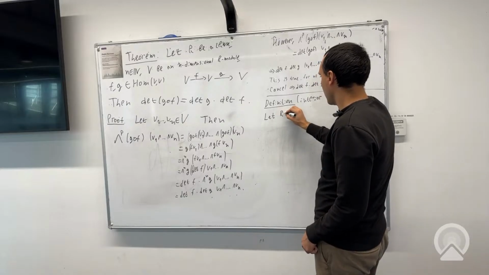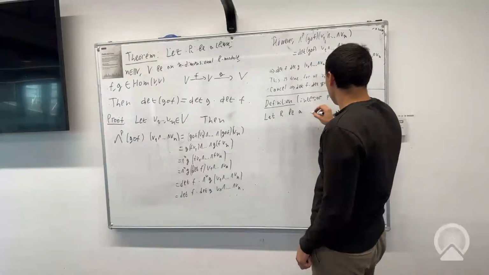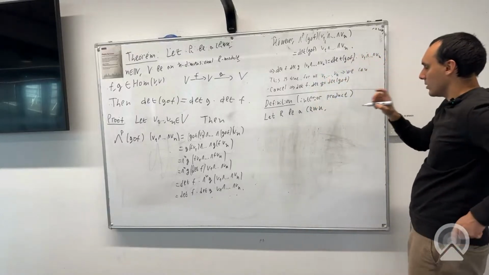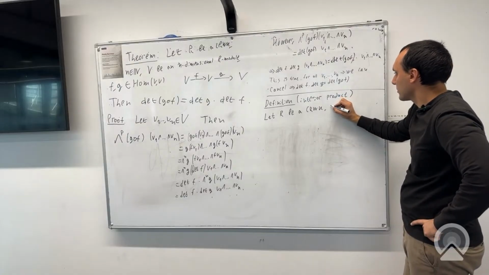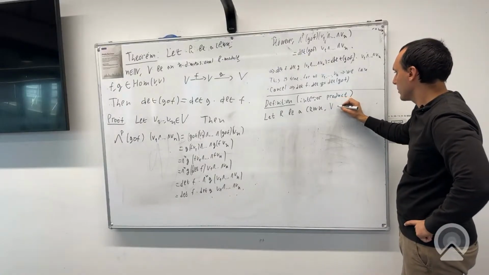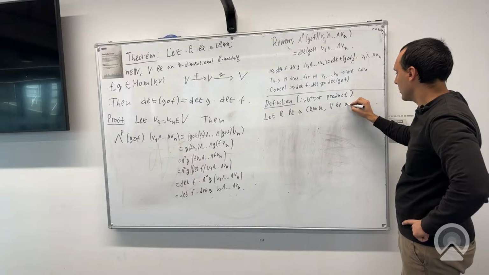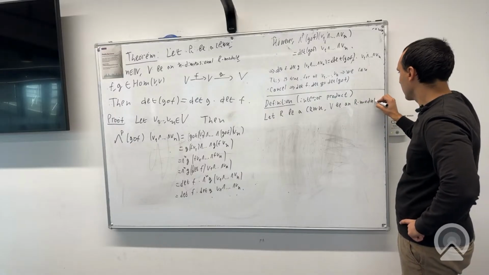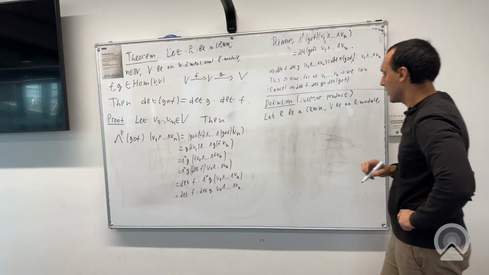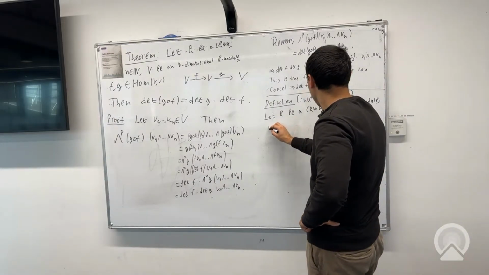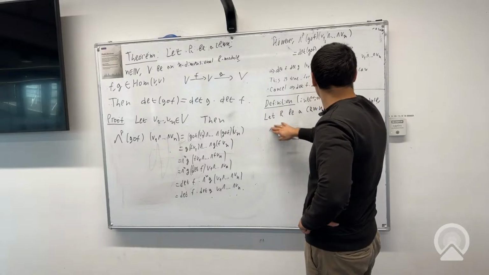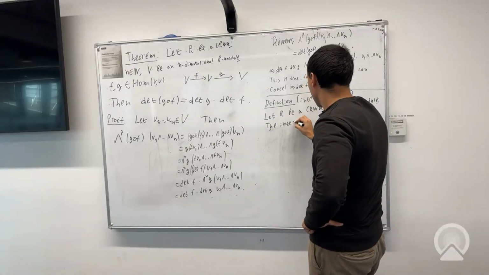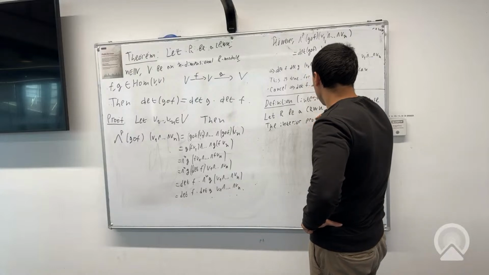Let R be a commutative ring with unity, and V be an R module. And so define the interior product